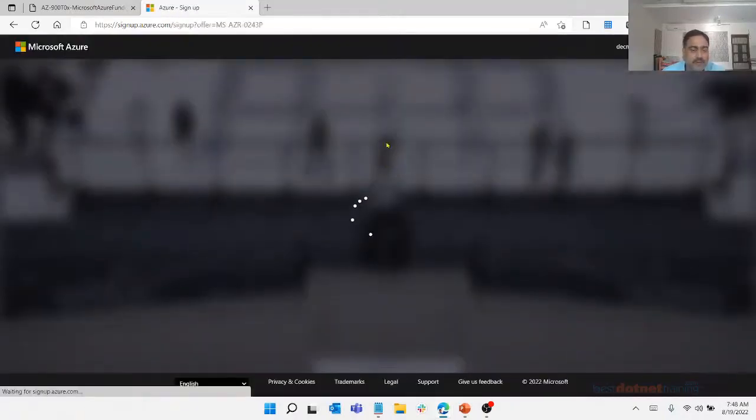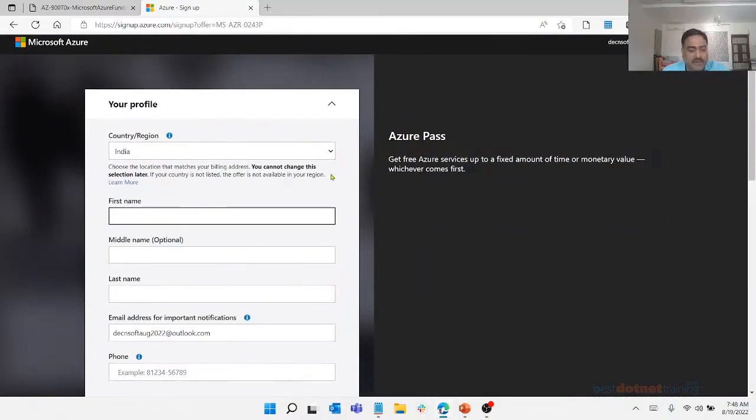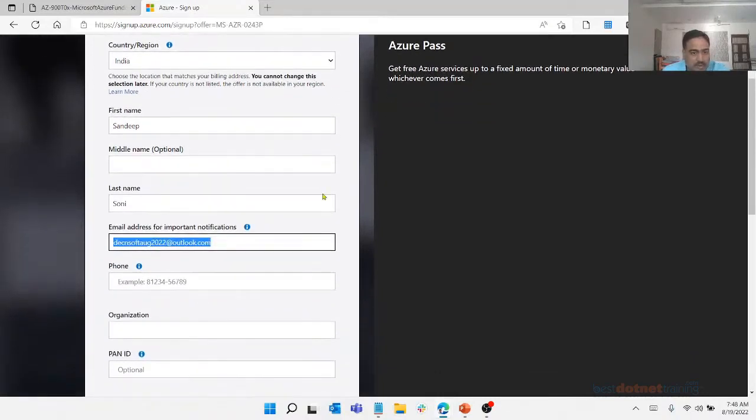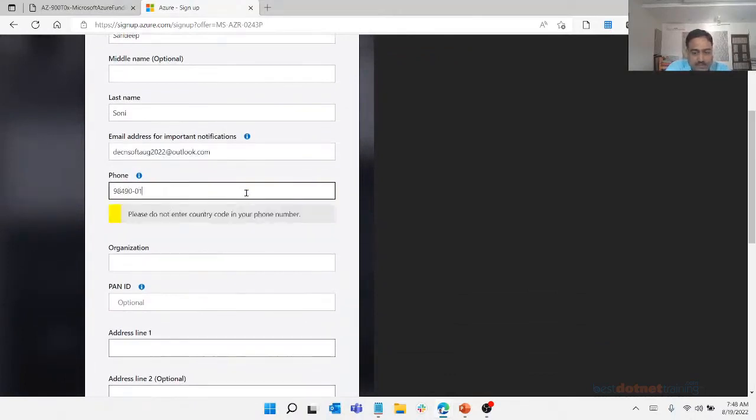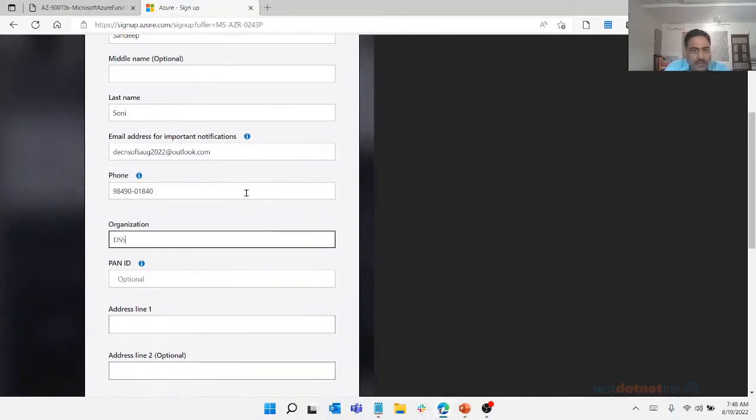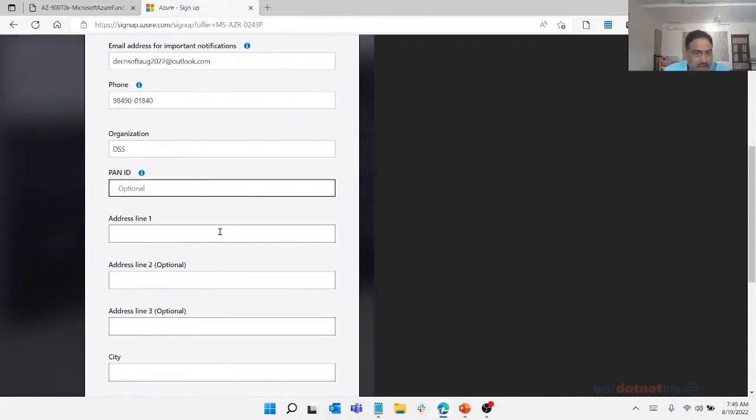So now I log in, and it's going to take some time. Yes, you'll have to give your phone number, it's mandatory. Give some organization name. PAN ID is optional.